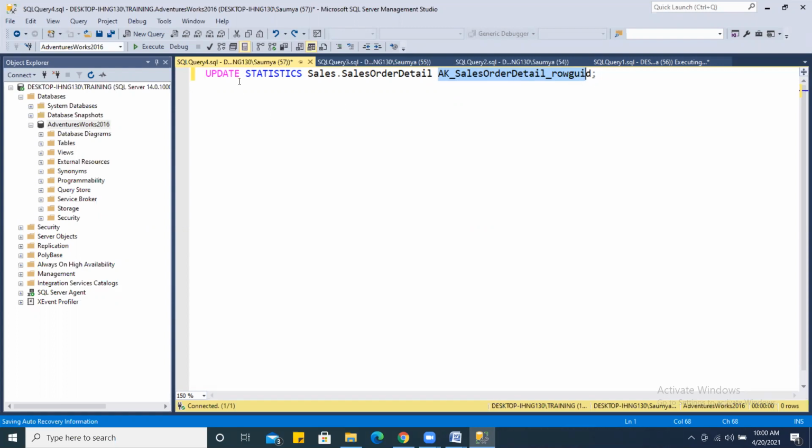I will use this command, update statistics, followed by the table name and followed by the index name. Why am I talking about this command? When you have a large table and you have to update your statistics individually against that large table, you should use this command, right?